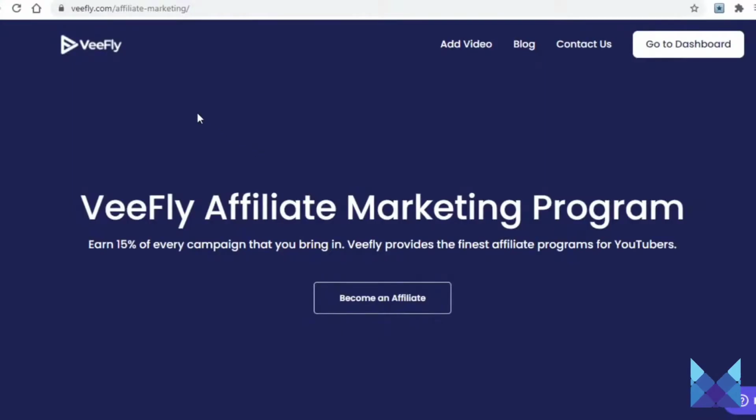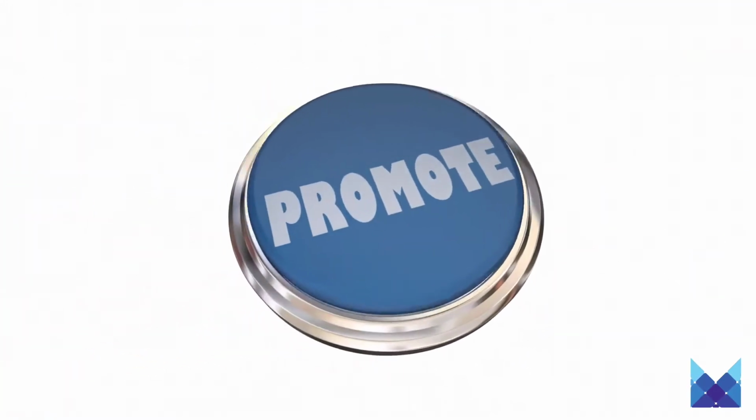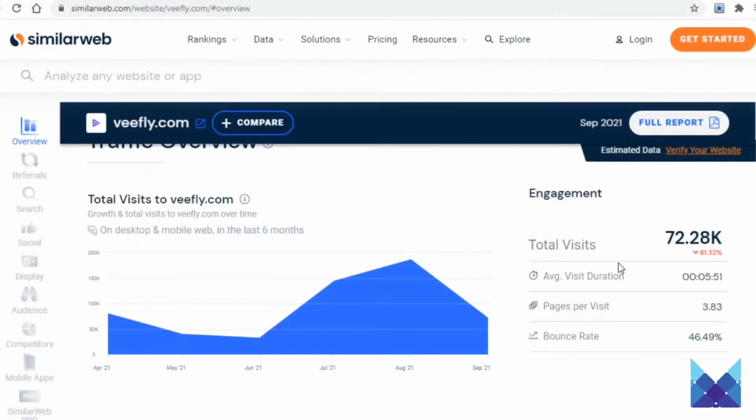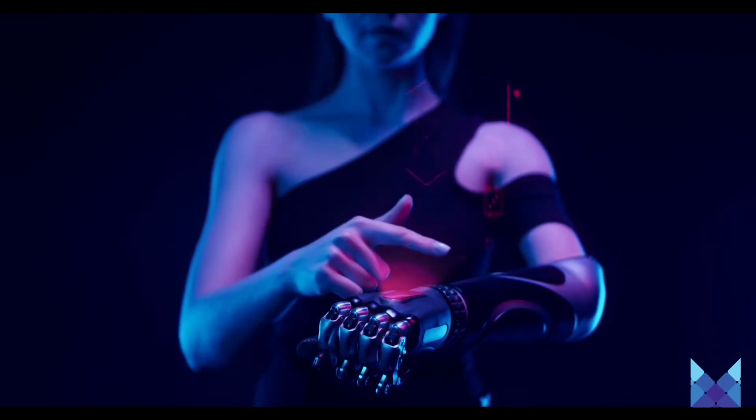For starters, not that many people know about WeFly. It has been visited by just 70,000 people in the past month. This is hugely significant, because if you are promoting some big famous website to people, chances are some of them have heard about it, meaning that you will not get any clicks on your affiliate link and you won't be able to make as much money.